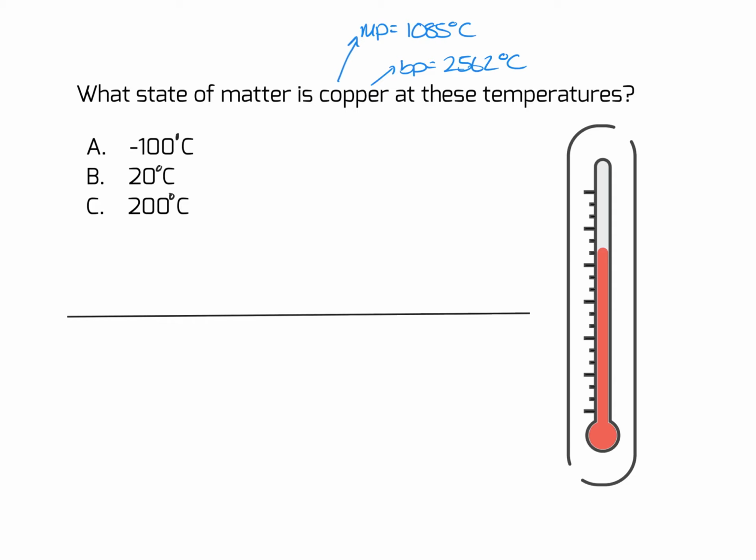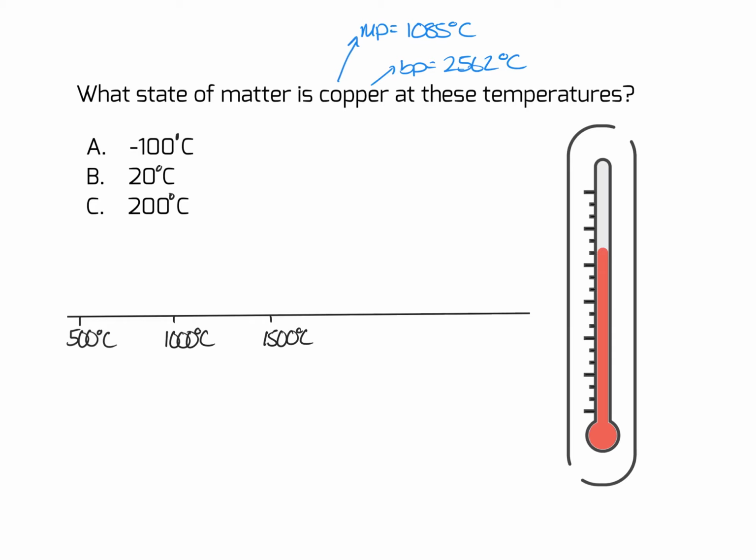And we want to make sure that on our number line we can fit these numbers. Ideally, we'd fit these numbers as well, but they're quite far apart. So I'm going to make sure we can at least fit these numbers on. So we're going below 1,000 and above 2,500 roughly, and we want to make it a nice scale. So we want to go up in a times table, something like that. So let's put 500 degrees Celsius, 1,000, so we're going up in 500s,